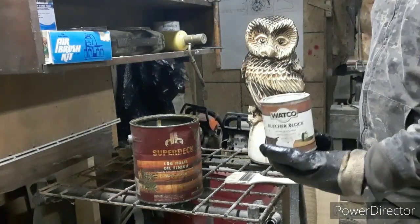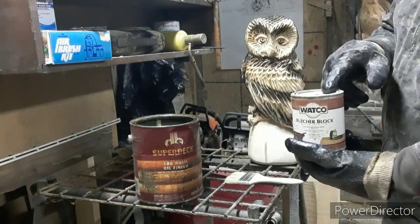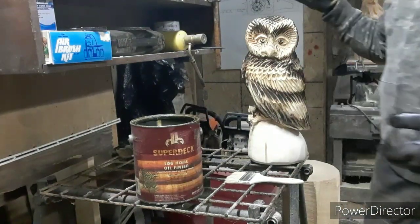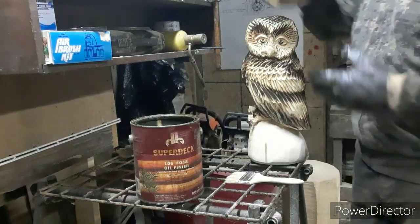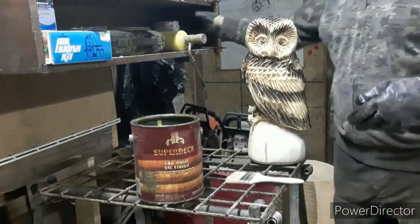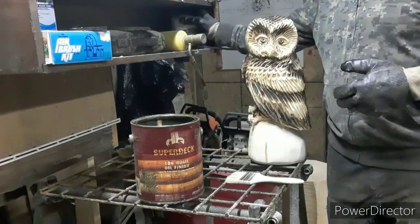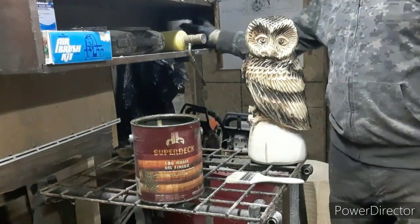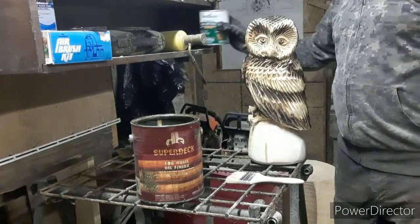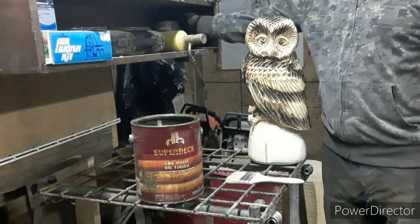Now, if you're doing solely interior things that are going to go like on a countertop or a table, I recommend using the Watco Butcher Block oil. Use that, and then you can varnish with a clear Helmsman wherever you want varnish on top of that. Like if you paint it and then varnish it, you could use the Urethane for that, for interior stuff. The Urethane works fine on its own. Still takes a longer time to dry. Different application